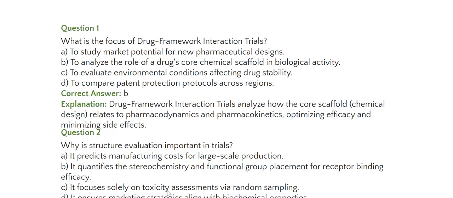C, it focuses solely on toxicity assessments via random sampling. Or D, it ensures marketing strategies align with biochemical properties. So it is about the structure. So B would be the most correct answer among the four choices, as it quantifies the stereochemistry and functional group placement for receptor binding efficacy. Structure evaluation examines how specific atomic arrangements like stereochemistry and substitutions enhance target binding and selectivity, crucial for improving